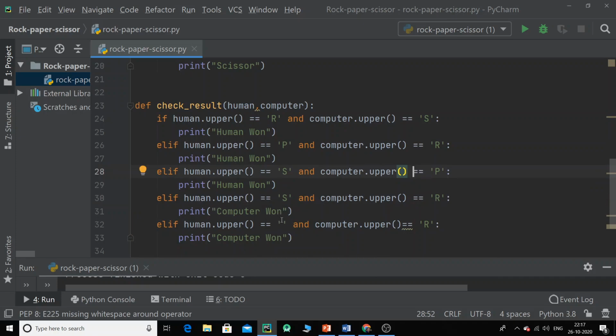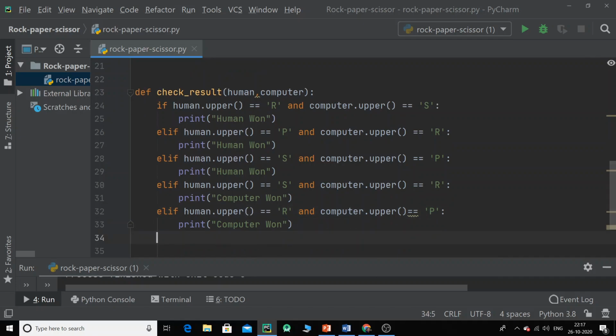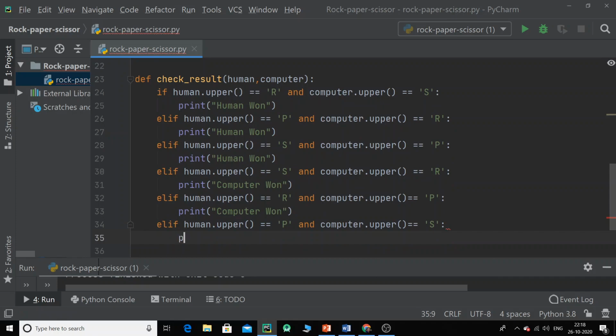And the next situation is I need to have R out here, and P out here, right? So if human has a rock and the computer has P, in that case computer is going to win the game. And at last, elif, copy and paste it. So 1 2 3, and this is going to be over here. I'm going to have P and over here S. So again the computer is going to win the game, if I'm not wrong. Okay, so as per the rules, we have just set up the things,